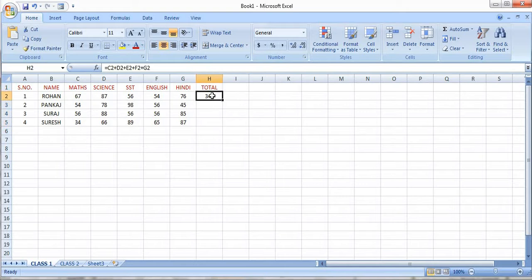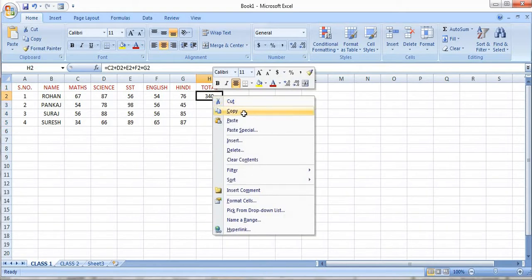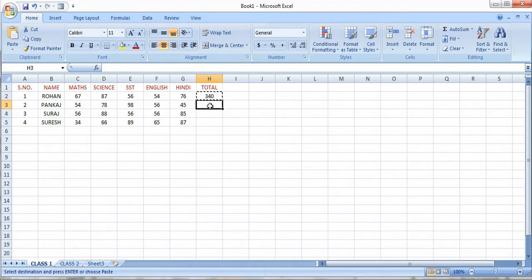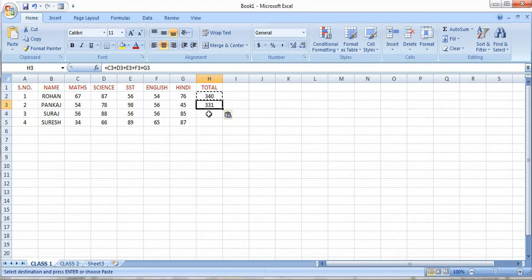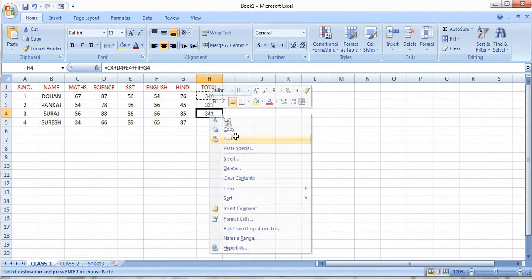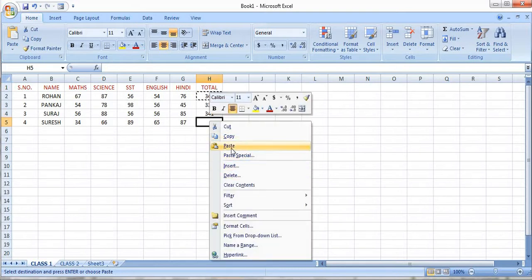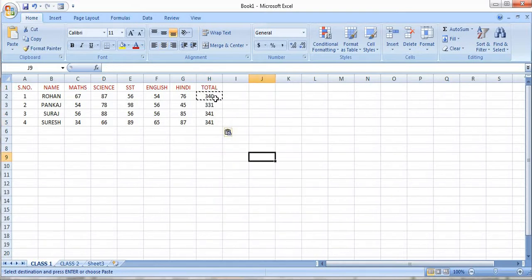In the same way, suppose I copy this one. I will copy this, and now I will paste here. So what are you thinking? 340 will be pasted here? No. The formula in that cell will be pasted. Let me show you. I will click paste now. So 331 is coming here. Now in this cell I am pasting. 341 is here. Now in this cell I will paste. 341 is there. So here the data is not exactly copied. The formula will be copied, and in such a way that the values in the parallel cells will be added. Okay, understood? This is what addition or subtraction, such kinds of formulas are applied, right? These all are formulas.